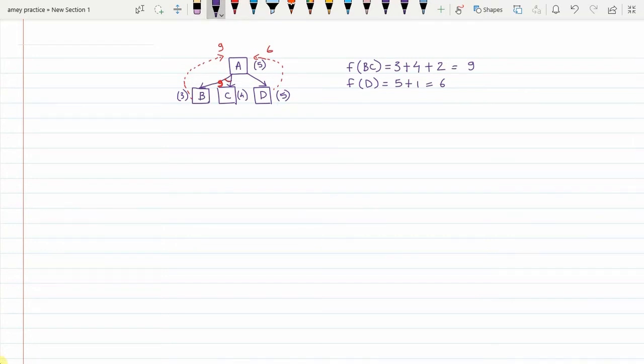So this is basically step 1 of the algorithm. At the end of this step, the algorithm compares the backup values that we obtained from different branches. From this branch it gets the backup value 9, whereas from this branch it gets the backup value 6, and the algorithm chooses the minimum backup value because it is the best value. So at the end of step 1, the algorithm decides to take this path, that means it is going to expand along node D further. This ends step 1.